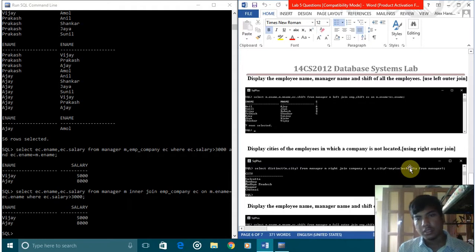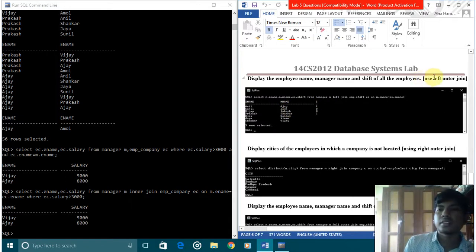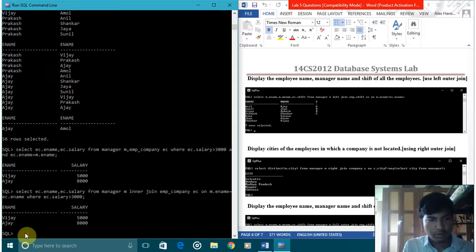The next is to display the employee name, manager name, and shift of all employees. So here we are joining three tables. Sorry, you have to use the left outer join. What this left outer join does is that it first naturally joins the two tables, that is manager and shift, then also displays the remaining data from the left table which is not selected. So if we try to do this, select